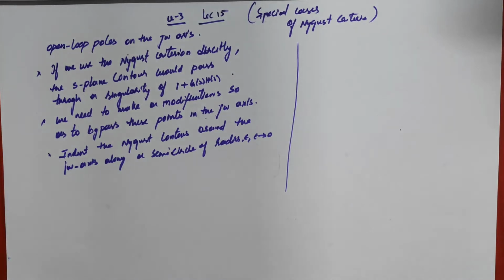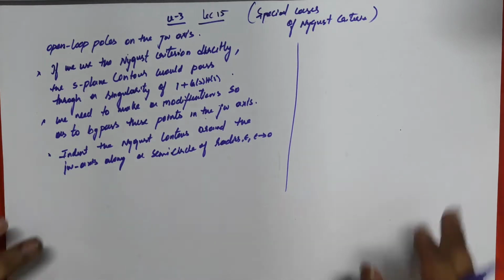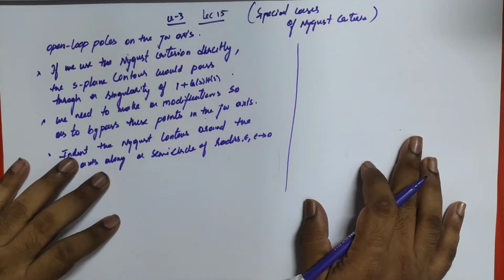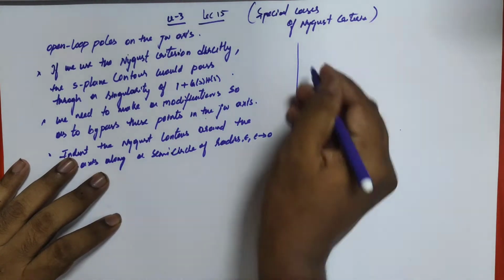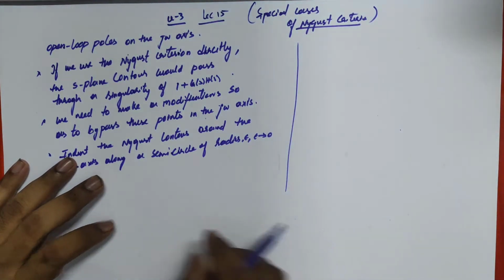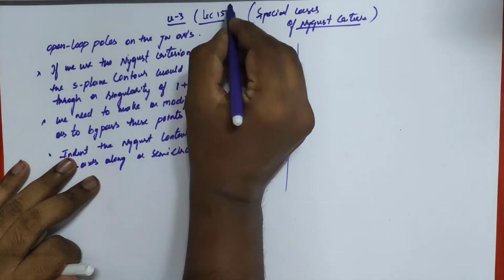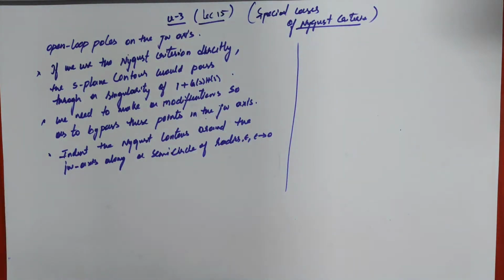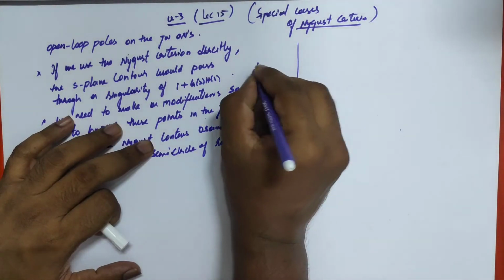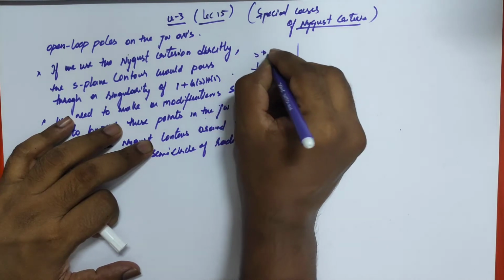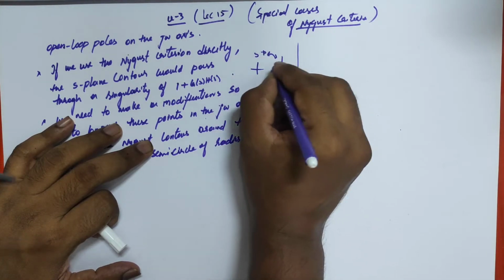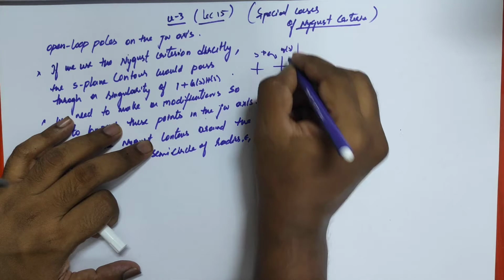So welcome back, guys. This is also an important lecture, one which I'm very much interested to discuss with you. This is lecture number 15, continuing the Nyquist criteria. Until now we have discussed what the S-plane is, and after mapping a whole point we mapped it in Q of S.